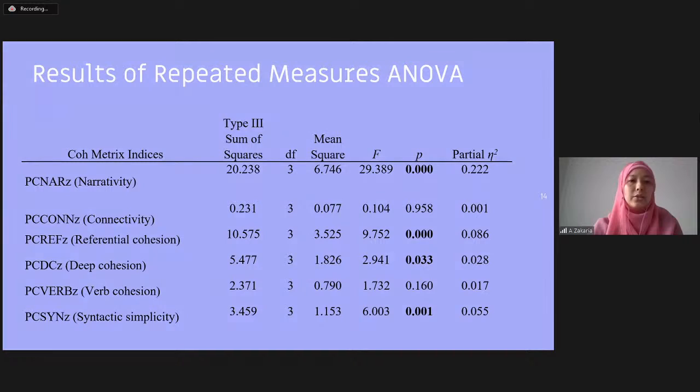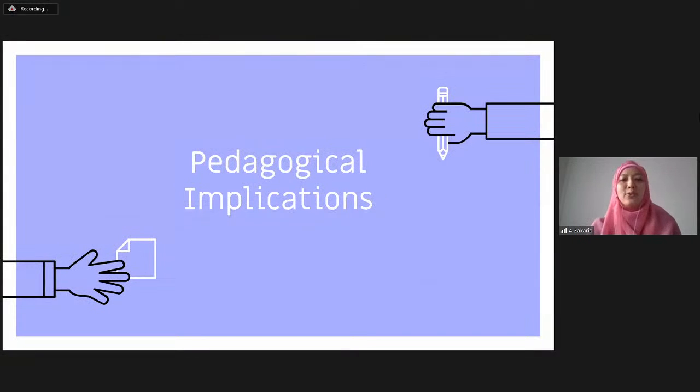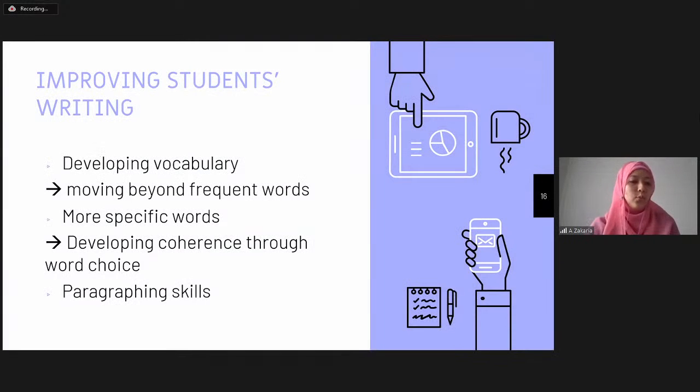So what does this actually mean for our teaching? It's nice and all to see all those numbers, but what does that actually mean for our teaching? So what we found was that actually the importance that is placed both by the human raters and